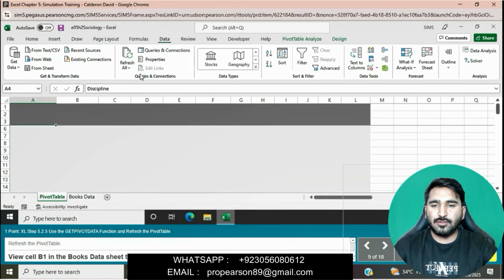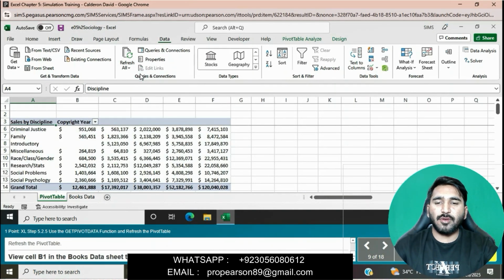View cell B1 in the Books Data sheet to see the updated result. Click on cell B1 in the Books Data sheet to see the updated result.